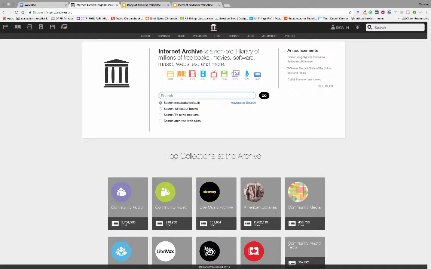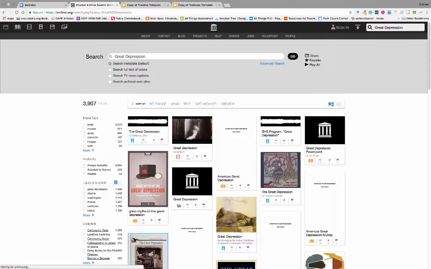Anyways, when we go to do our search, I'm going to type in something like Great Depression and see what comes up. With World War II, there's going to be plenty because we had basically an office of propaganda that would do this. Now that I have this here, I can start to look and see what type of pieces I want. I want movies. So I'm going to select movies right there.